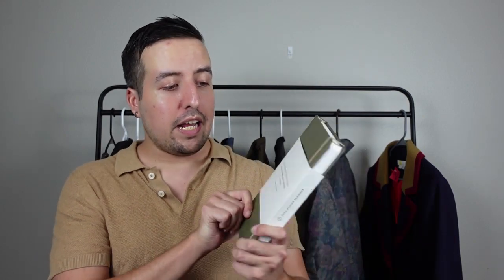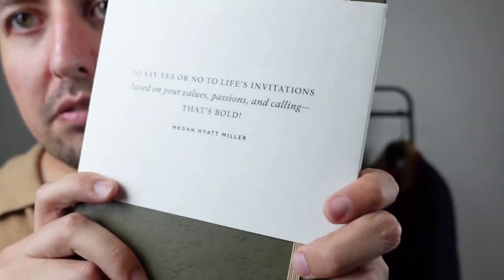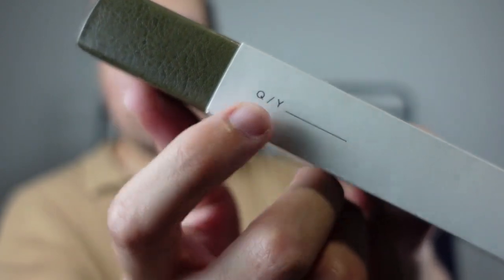The last thing I have is sort of a unique thing. I've never sold books on Poshmark or any of my applications, but I picked this one up just because it's a planner. It's a quarterly planner. And you can see that it has some cheesy quote there, and it says Megan Hyatt Miller. And these are called the Full Focus Planner. And apparently these are meant to be quarterly. You put the quarter in the year there. And I also